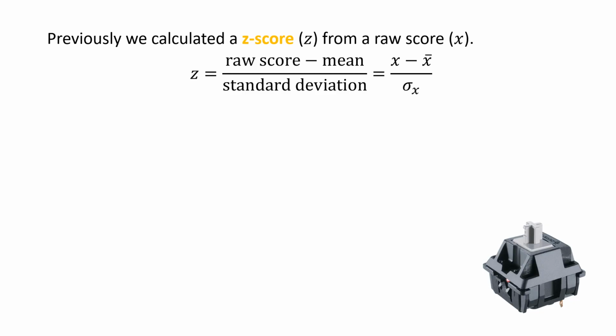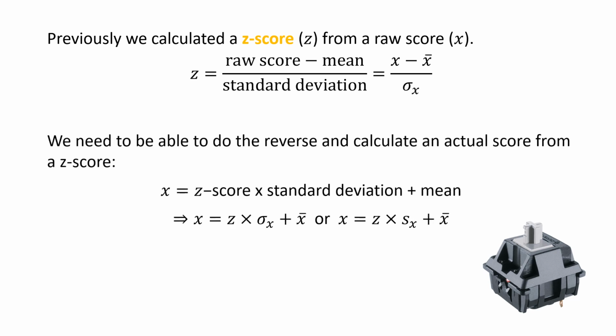So previously, that was the rule that we used there. It was our raw score minus the mean divided by standard deviation is how we worked out our z-score. So we're going to be doing the reverse. Rather than divide by standard deviation, we're going to be multiplying. And rather than subtracting the mean, we're going to add it. So it's going to be our z-score times the standard deviation, and then we're going to add the